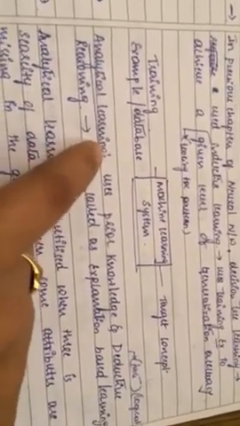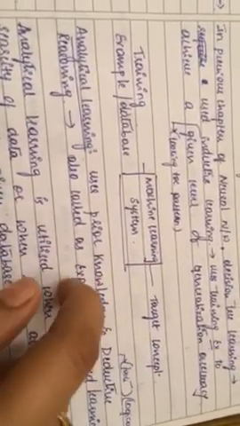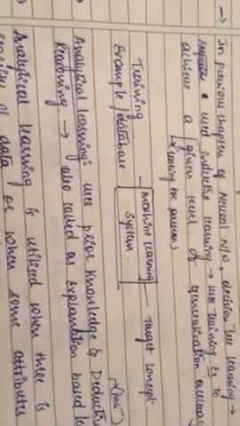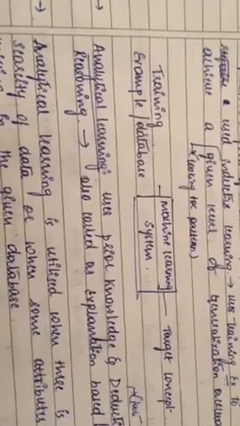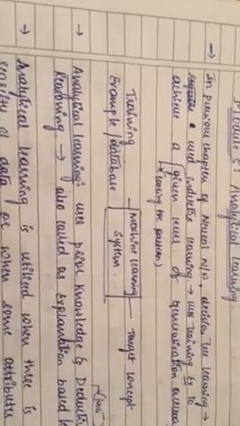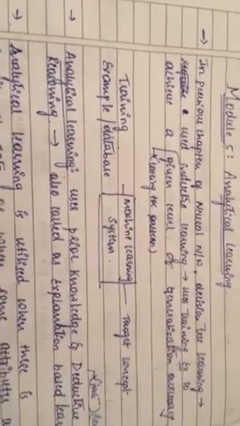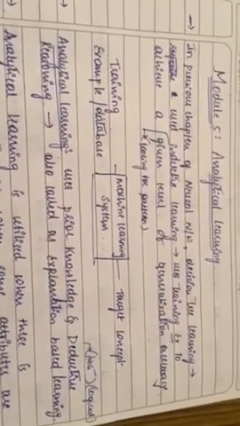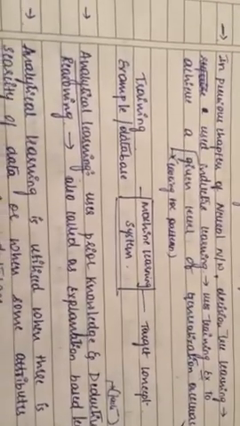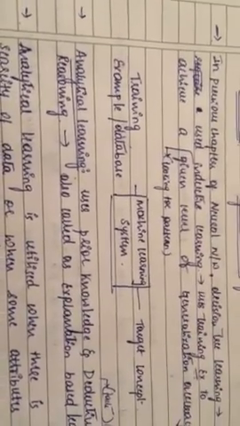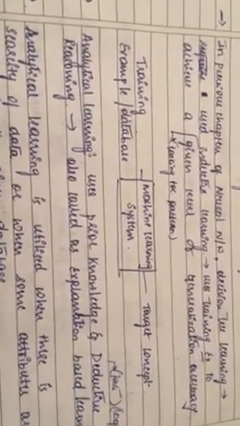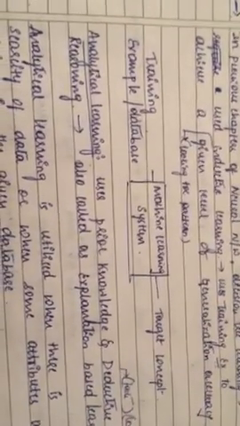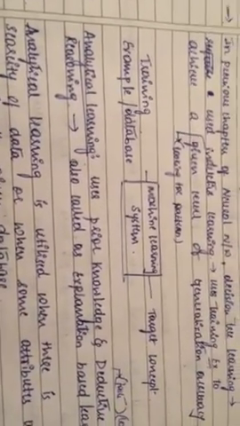So analytical learning uses prior knowledge, meaning previous knowledge about the database, or the explanation about the database. Or you can say it uses the domain theory. What does domain mean? A domain is nothing but a certain field. If I give an explanation of a particular field, it is called a domain theory. If I explain physics, that forms one domain. If I explain biology, that gives another domain. So all domains are not the same. In the same way, the domain theory is different for different databases, depending on the application.